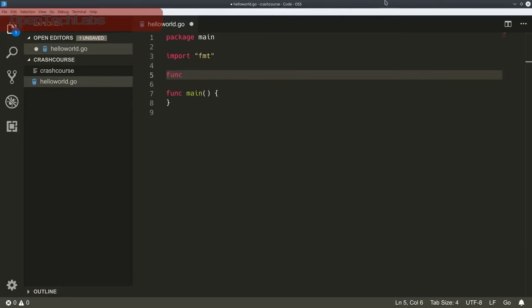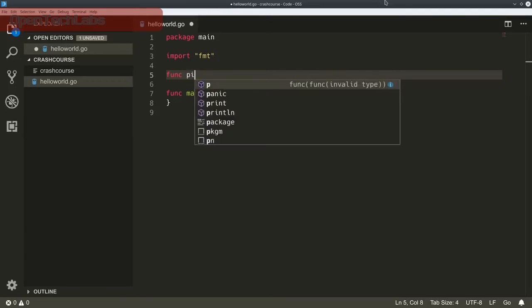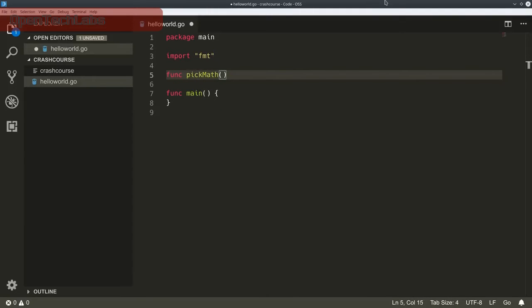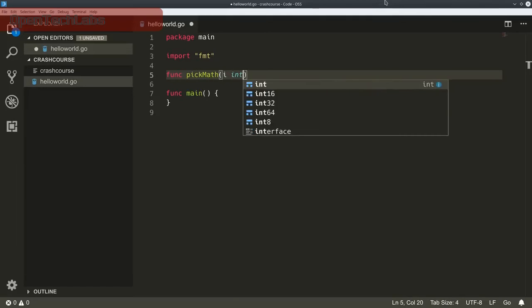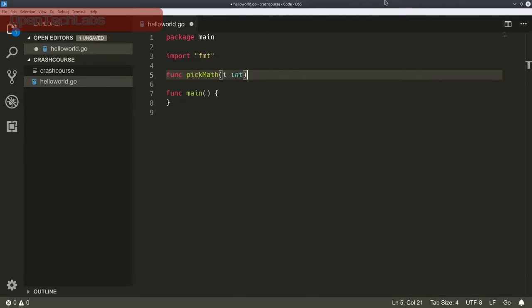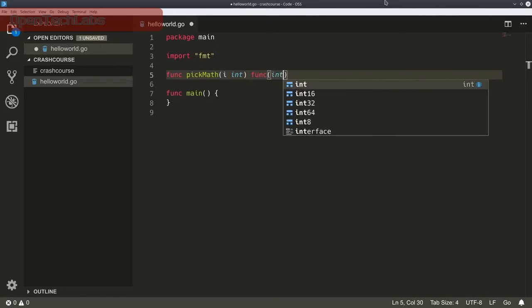This actually means you can, just like we declared a function in line here, use functions as return values, or we can expect a function as a parameter. So let's do a method called pigmath, and it picks a mathematic algorithm depending on the value that it passes in, and it returns that algorithm